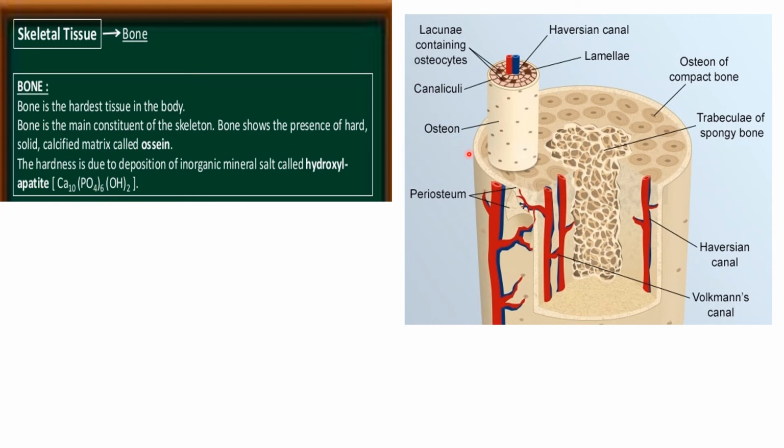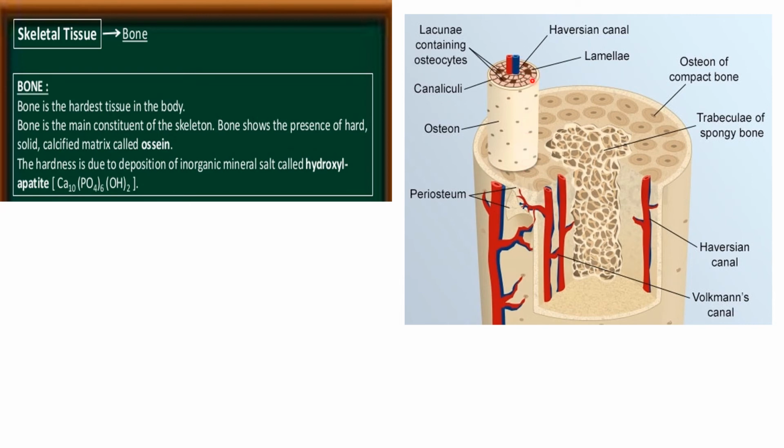So now let's see the internal structure of the bone. The matrix, which is known as ossein, is arranged in concentric circles in the form of laminae. As you can see, these circles are known as laminae, which contain ossein. Inside one lamina there are many lacunae. These are cell-like structures known as lacunae, which contain osteocytes. These lacunae are connected to one another by canaliculi. Now there is the Haversian canal, a canal which contains nerves, arteries and veins to the bone. So this is known as the Haversian canal.